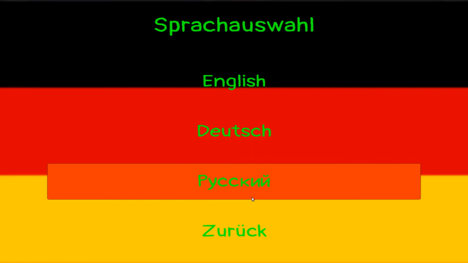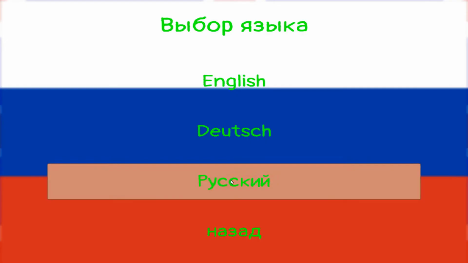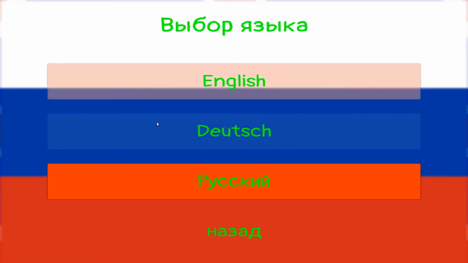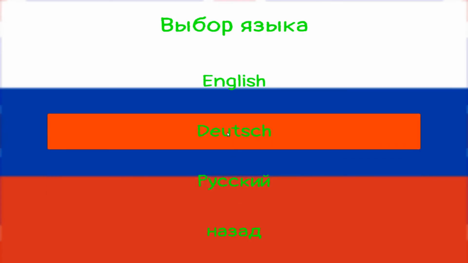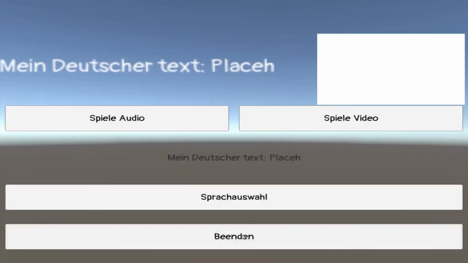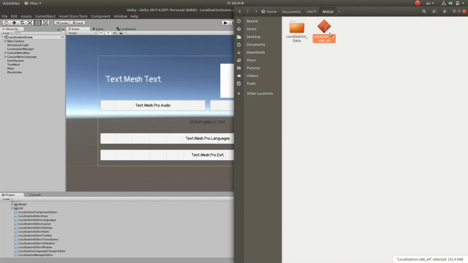And then I can go and change to Russian language. The image updates and all text. The placeholder stays and changes always. I can play the audio file, "Выбран русский язык," and the video file. And if I select German again, for example, and close the application and then start